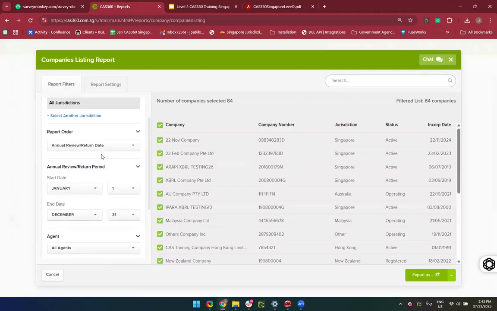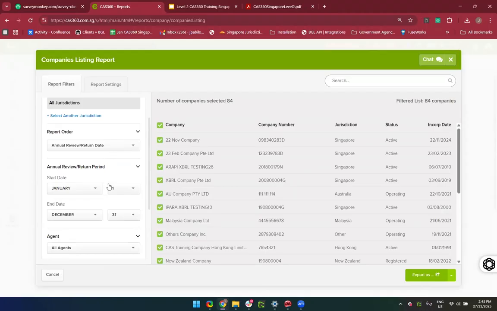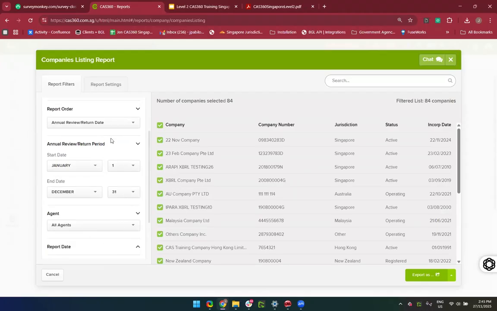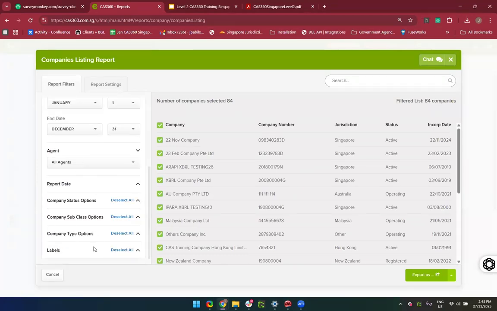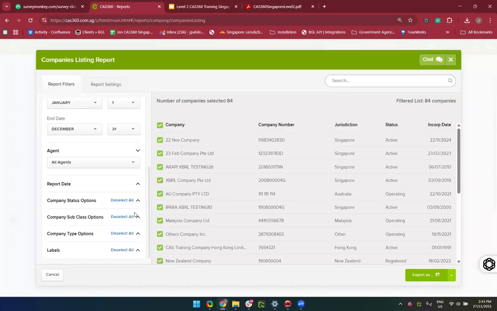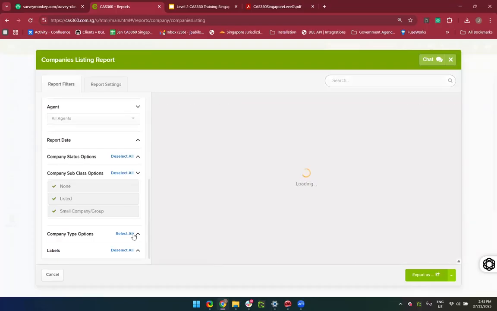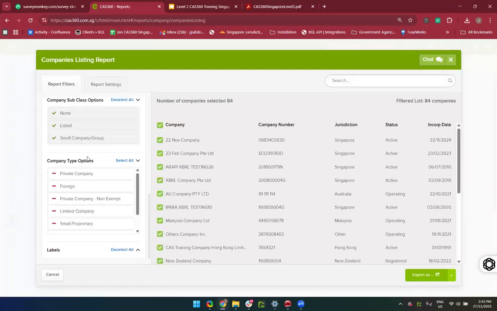You can rearrange based on your annual return dates. You can also select the review if you want it based on 6 months first or 4 months, you can do that. Or agents, you can filter based on the status of the company, the class, company type,